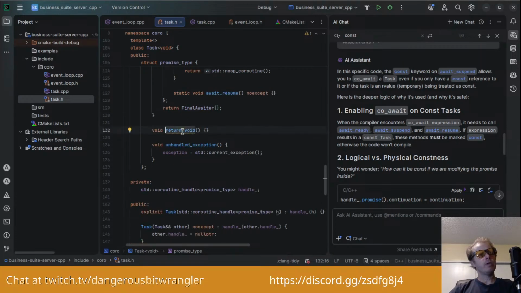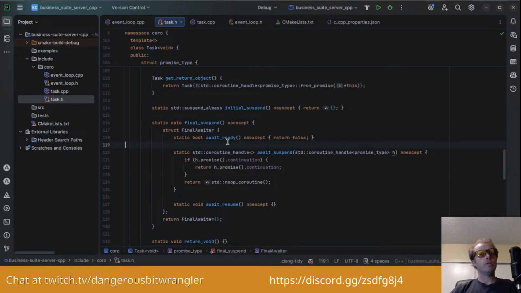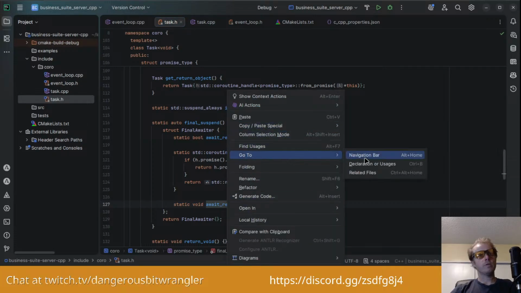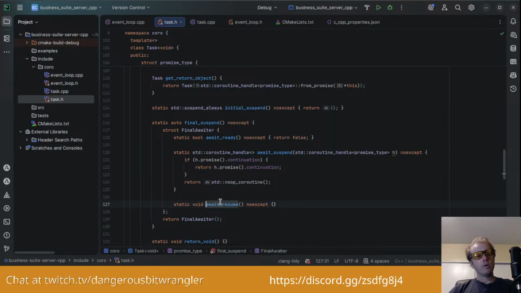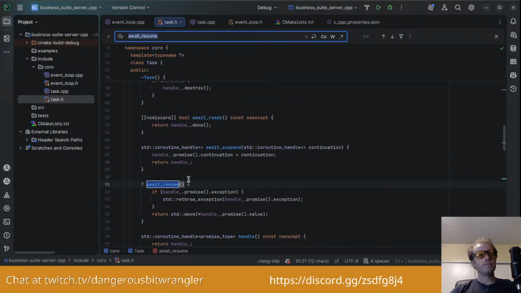It just seems odd to me that these methods are all just, I guess because these methods are not actually needing to be, let's see, let's take await resume. Okay, how do I go to definition? Control B. All right, how would I use that? Oh, do I have to highlight it? I guess I can't. Yeah, I think I need to fix my hotkeys because I can't jump around.